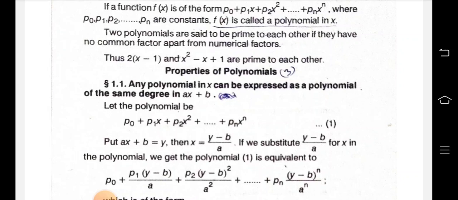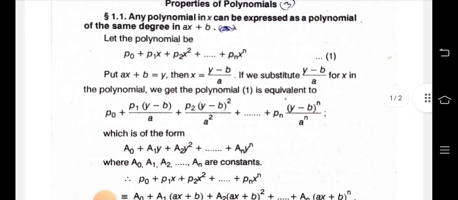Put ax plus b equal to y, then x is equal to (y minus b) by a. If we substitute (y minus b) by a for x in the polynomial, we get p0 plus p1 (y minus b)/a plus p2 (y minus b) the whole squared by a squared plus up to